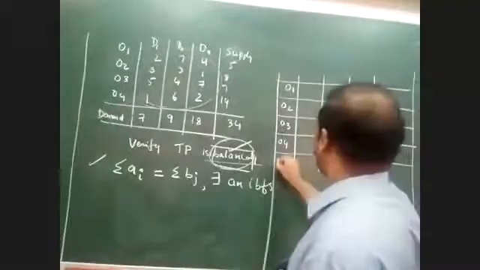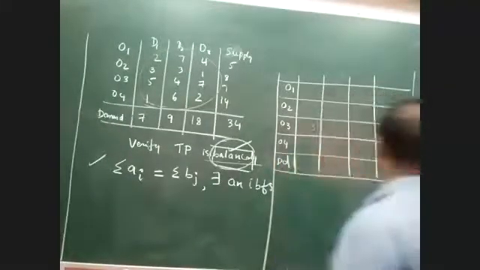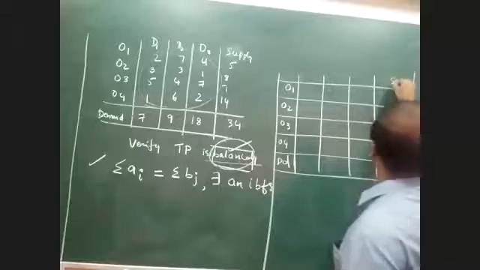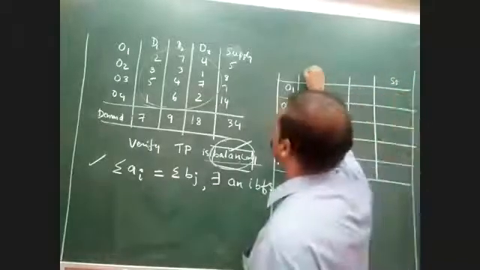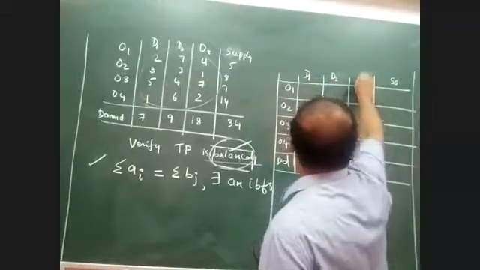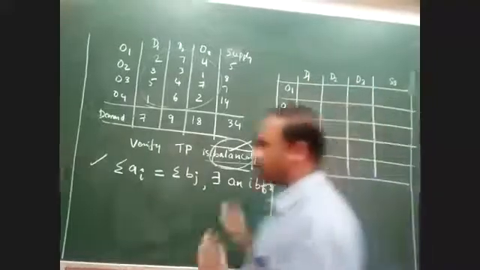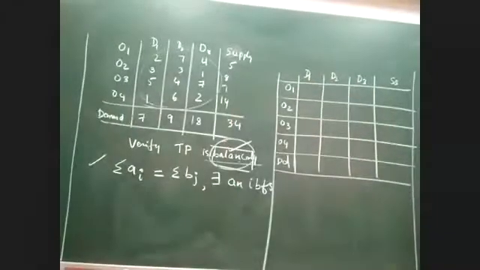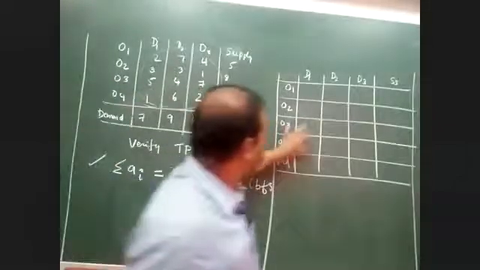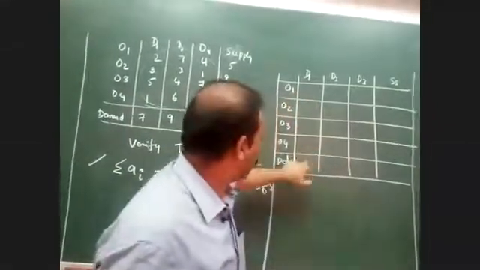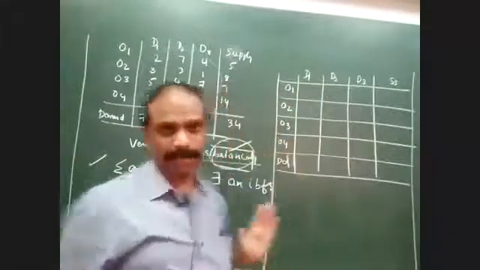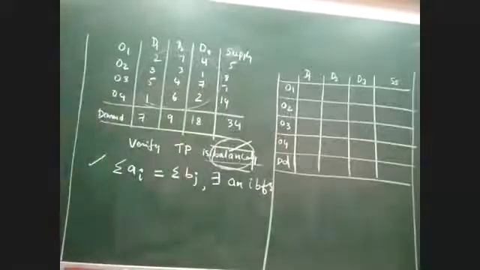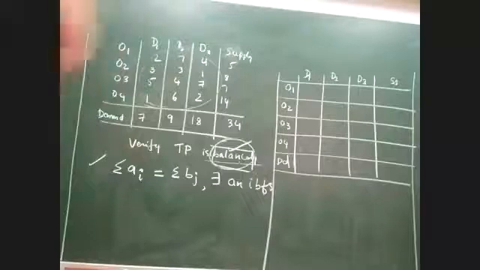Okay, so here we have demand. DD is nothing but demand, and here I'm writing SS. This is nothing but supply. This is D1, this is D2, and this is D3. Okay, just written. Everything is a cell, and each compartment is called a cell. Please remember, every single compartment is called a cell. Now this table is ready. Once this table is ready, now I'm supposed to post the entries.